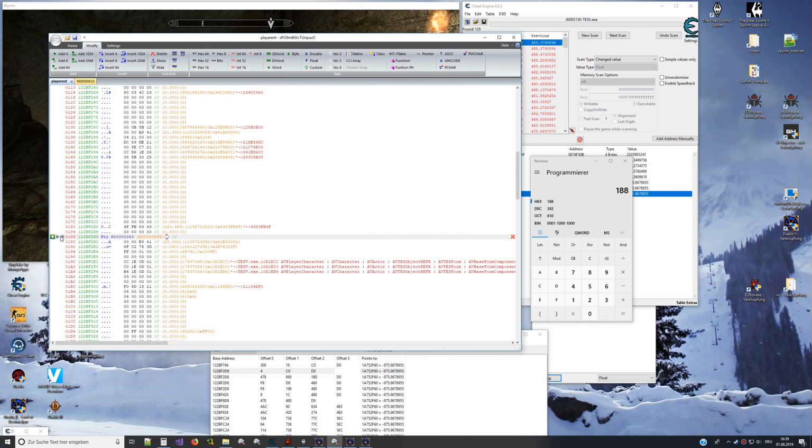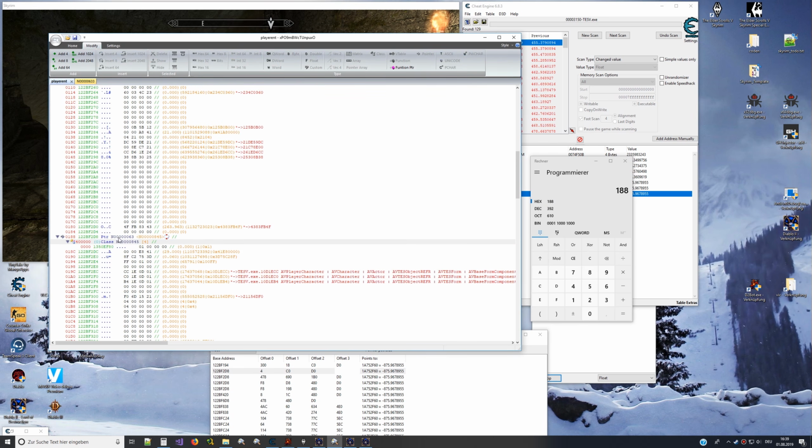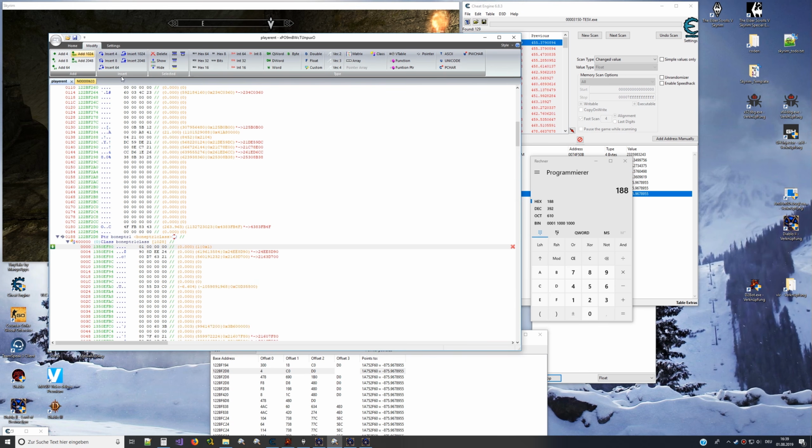This is a pointer. Let's call this Bone pointer 1. This is Bone pointer 1 class. You can rename them, of course, it's just for the sake of it. Then we got C0 and D0. So this one would be here. We call this one